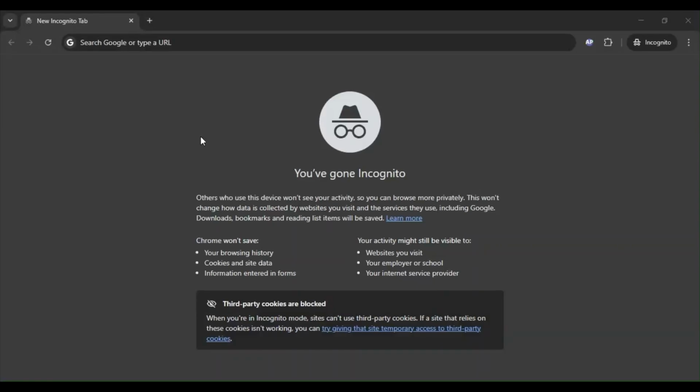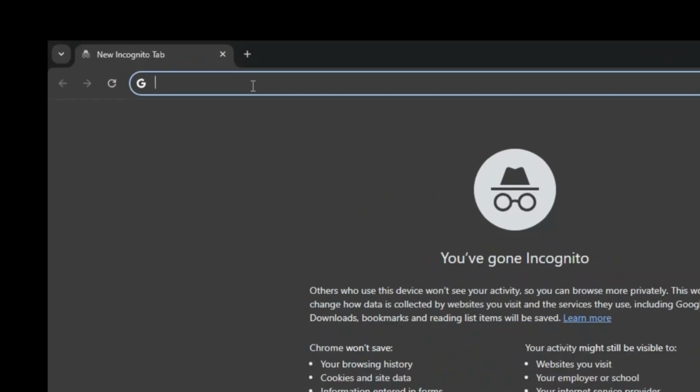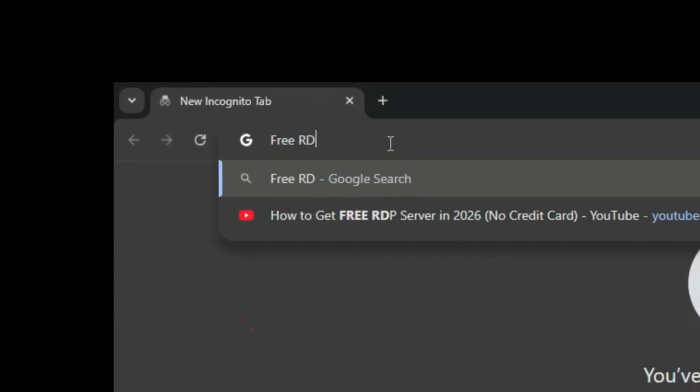Hey everyone, in this video we will learn how to get a free RDP server without using a credit card. So let's get started. First, browse for a free RDP server